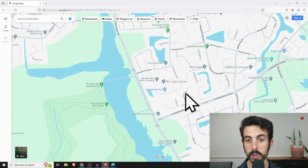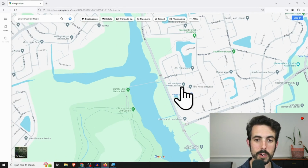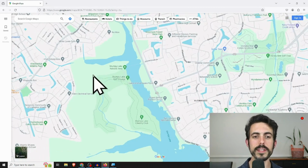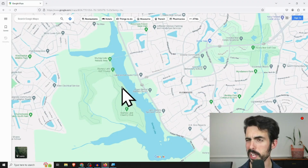And there are parts of Glenwood that you can get to without even having to turn onto the main road, go across the bridge, and you're in the park, the natural area. And there's a dock out there. You can go bird watching. You can, I think, go fishing. Real nice, quiet area. And then next to that is Stumpy Lake Golf Course, which is one of my favorite